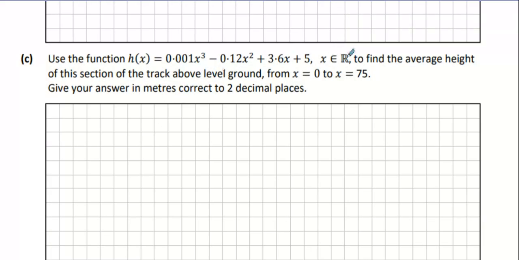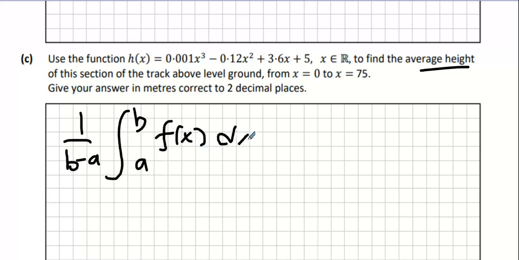Okay, so we're going to find the average height. Now the average height, when you see that keyword in a calculus question, you're going to be linking it to the average value of the function, which we all know is an integration. Okay, so the integration we're going to be doing here is going to be 1 over (b minus a) times the integral from a to b of f of x dx. Now it's not f of x this time around, it's actually h of x. So we're just going to sub in h of x here, so we're going to get 0.001 x cubed,